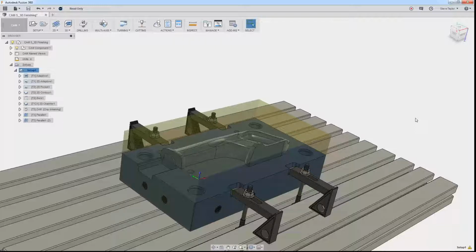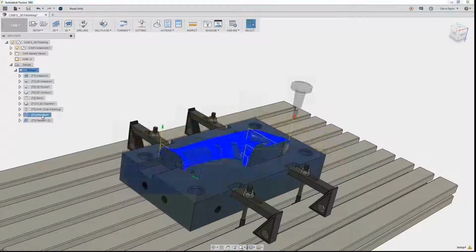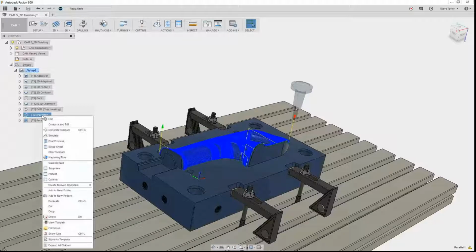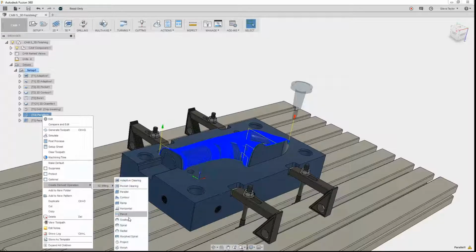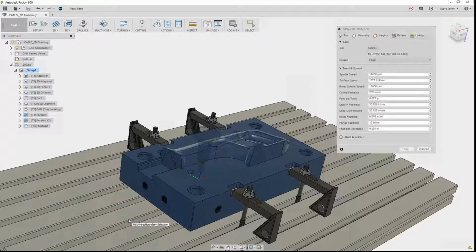So here, I want to change from creating another parallel to creating a scallop toolpath. If I right click on this one, create derived operation, 3D milling, and go to scallop, I'm keeping everything else the same. So if I just go OK,